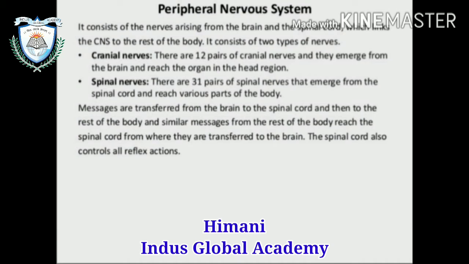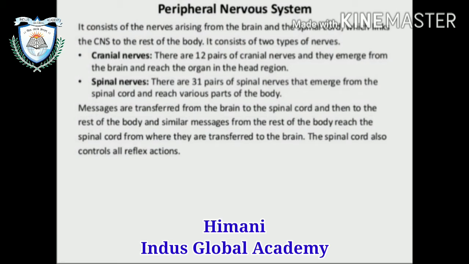Peripheral nervous system consists of the nerves which arise from the brain and the spinal cord and which link the CNS to the rest part of the body. CNS is the central nervous system, which consists of two types of nerves, cranial nerve and spinal nerve. Cranial nerves are 12 pairs in number and emerge from the brain and reach the organs in the head region. Spinal nerves are 31 pairs that emerge from the spinal cord and reach various